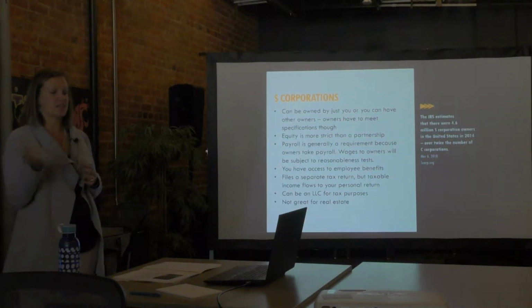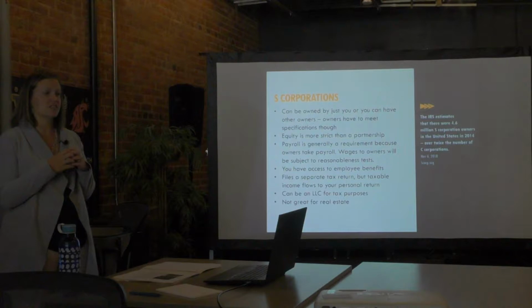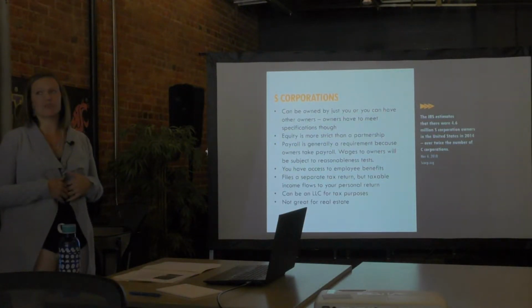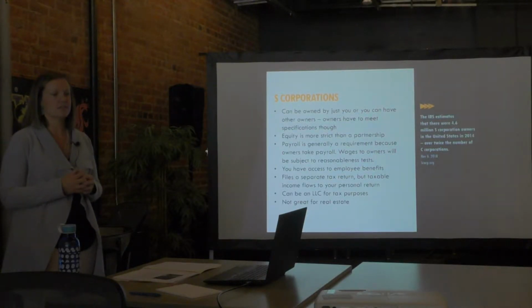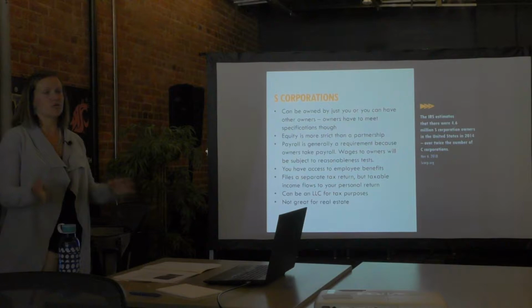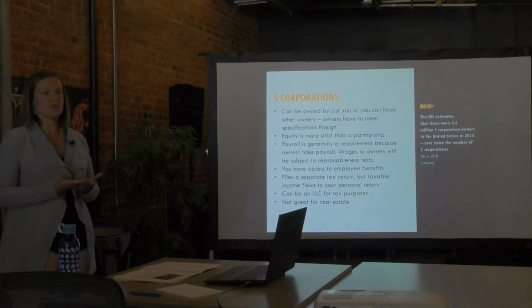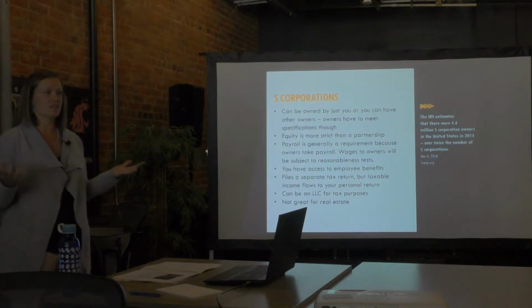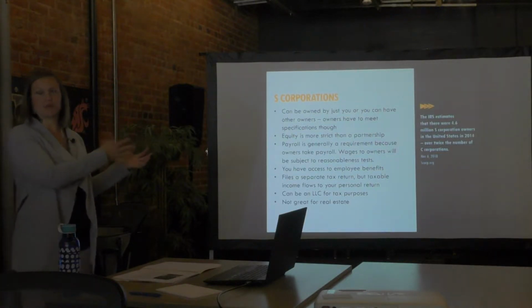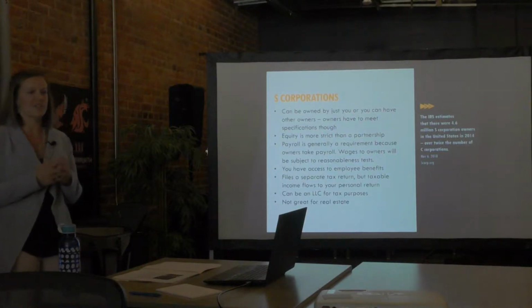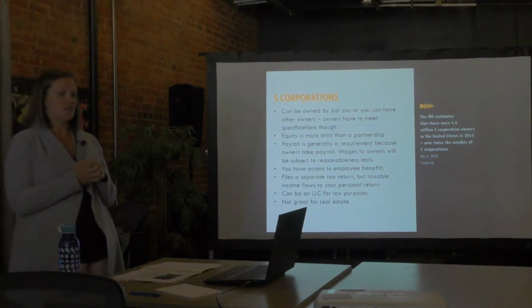And like I was saying with the wages to the owner, basically it's the reasonableness test that I mentioned here. You just have to pay yourself what you would pay someone else to do your work. So if your business is, I don't know, building some computer program or something, whatever you would pay someone to do what you do is pretty much what you should pay yourself. So maybe that's $40,000 a year to write a program. You would pay someone that much as your employee. You just have to pay yourself at least that much. That's usually the best leg you can stand on.